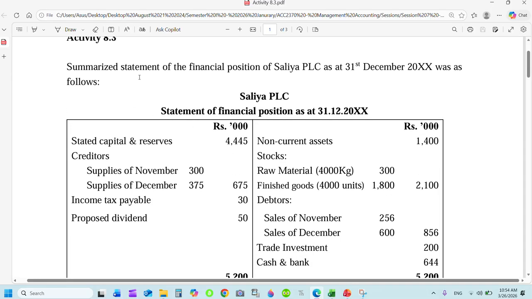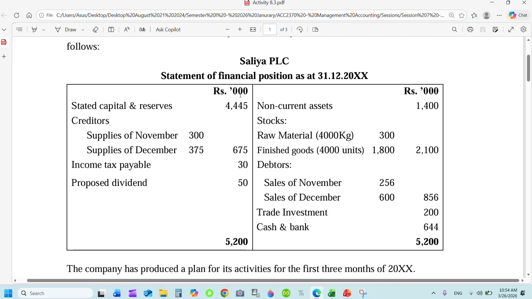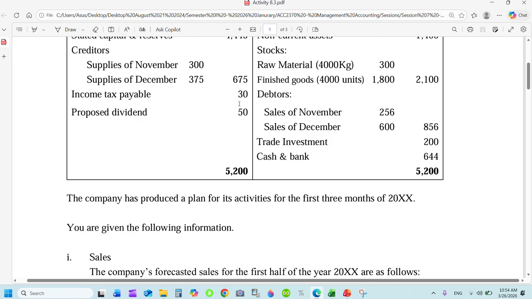You are given a summarized statement of financial position of Saleh PLC as of 31st December. These are the actual information that you extracted from Saleh PLC's statement of financial position. This information you can consider when it comes to preparing your budget for the next period. In addition to this